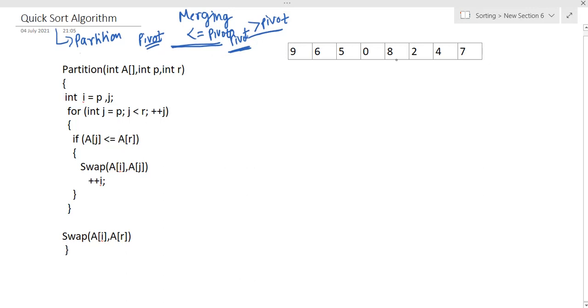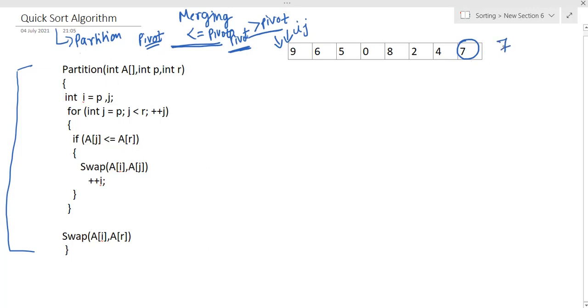So for example, let's choose a pivot element. I'm taking 7 as the pivot element, right? So this is the algorithm that we are going to follow for the partition. Now I'll take two variables, i and j, two pointers, and initially both are pointing to 9 itself. Now what is the use? This j will keep track of it, so that when we are traversing this array, if any element occurs which is less than or equal to the pivot element,